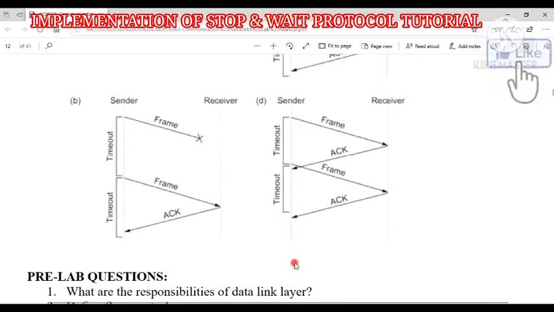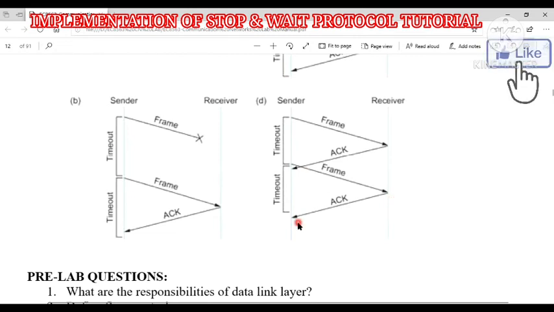And I will show the fourth demonstration also. So this is the sender side, this is the receiver side. The timer starts. This is the timeout period. The sender sends the frame, and the receiver sends the acknowledgement to the sender. Once it gets acknowledged, it will send the next frame, which is ready. That frame is sent to the receiver. Now the receiver receives the next frame and sends the next acknowledgement.